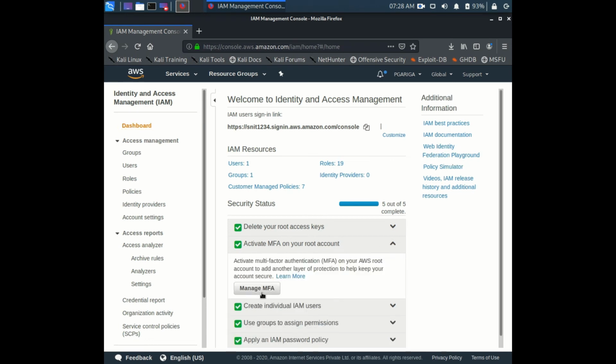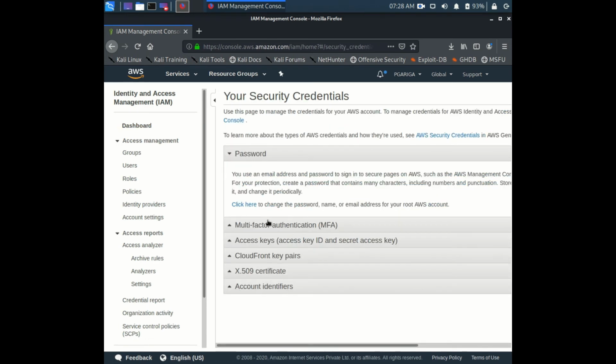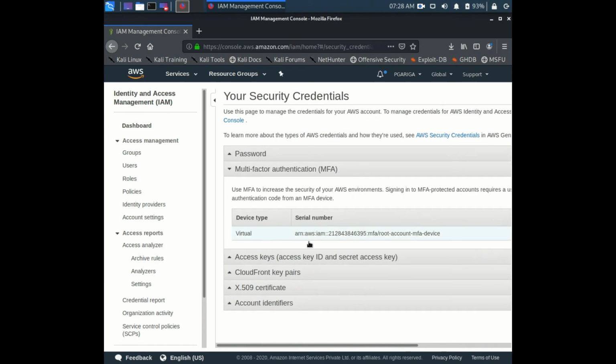Just click here, manage your MFA, and configure your multi-factor authentication with your device. Mine is already set. If it is not set, it will show you to set it. Just click here, download an authenticator app like Google Authenticator, and scan the QR code. Once you scan the code, you will be good to go.